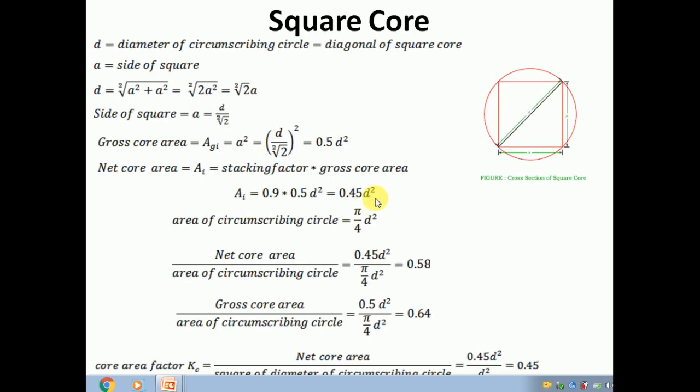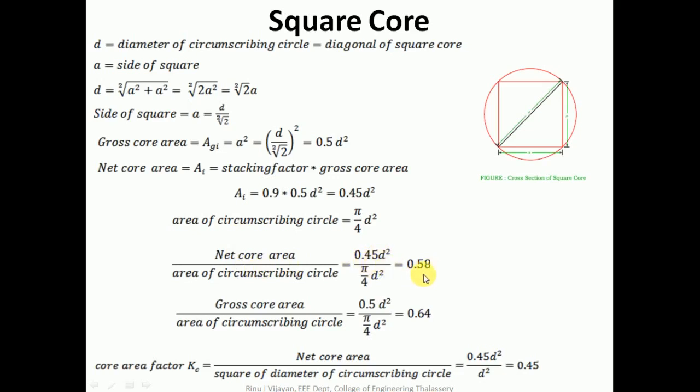The circumscribing circle's area is actually pi r square. That can be represented as pi by 4 d square, where d is the diameter of the circumscribing circle. Now we are going to find the three ratios associated with it. The first ratio is net core area divided by the area of circumscribing circle. We have already determined both these quantities, so we simply find their ratio